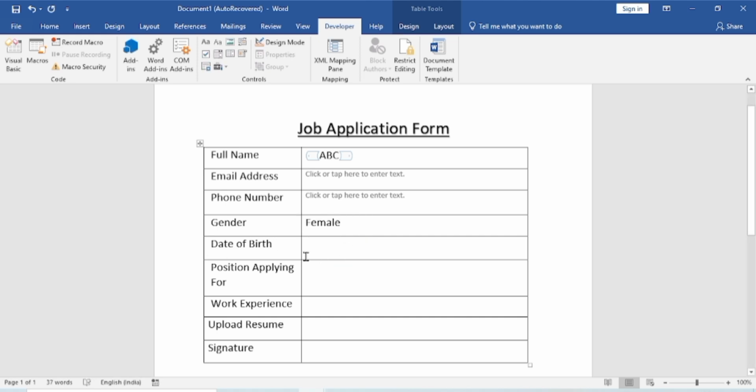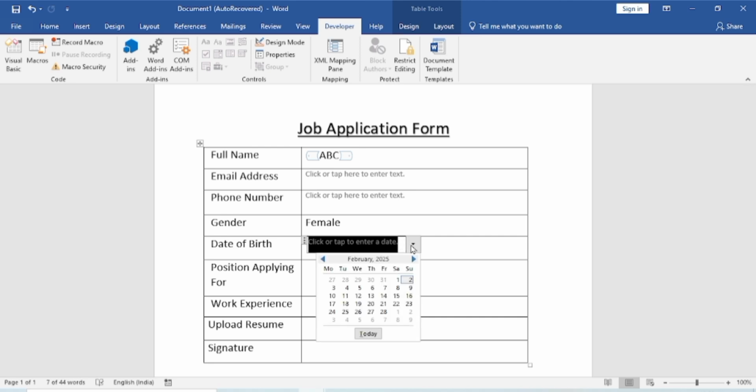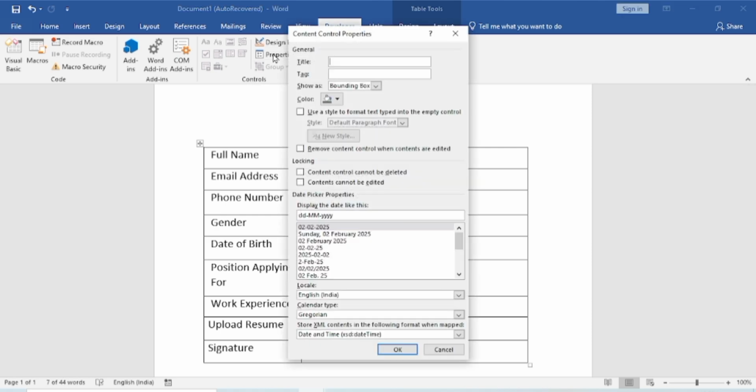For the date of birth field, let's add a date picker. Under Developer, choose Date Picker Content Control. Now, you can choose the date from the drop-down. If you want to change the format, click Properties from the menu and change it. There are many date formats available.